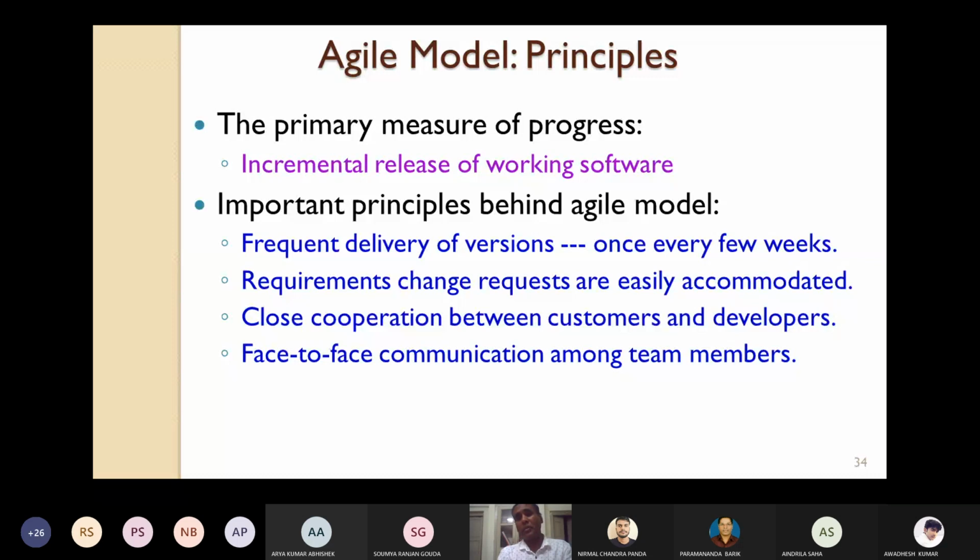Even if the coding is over and testing is over, and still some requirement change comes, you have to accommodate it. That's one of the best features of the Agile model. There is close cooperation between the customers and developers, because almost every day we are carrying out meetings. There is face-to-face communication among the team members almost every day. So these are some of the important principles behind the Agile model. I have already told you documentation is very little in Agile software development.